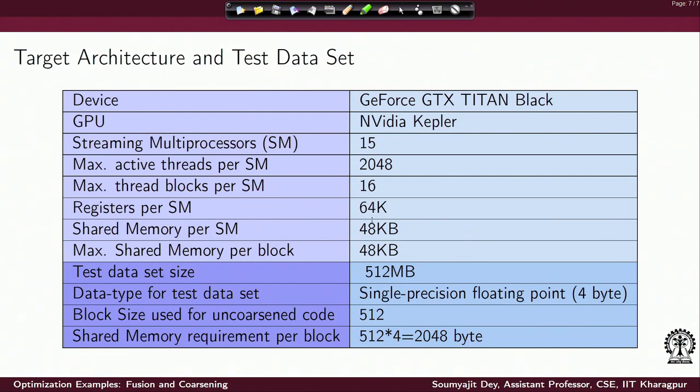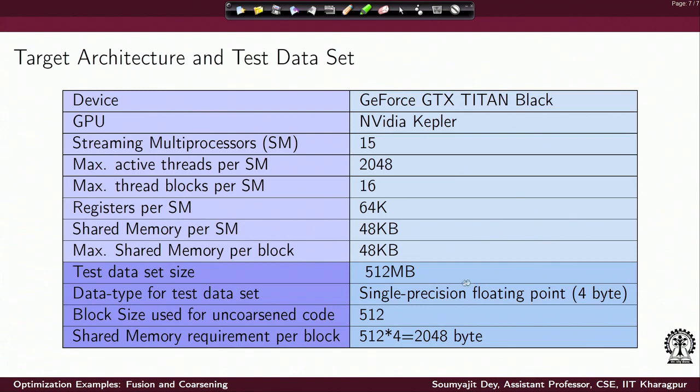The number of registers in the register file inside the SM is 64K, that's the file size, and shared memory is 48 KB, and the maximum shared memory allowable per block is also the same. So right, and the data set size for which the reduction has been performed is 512 megabytes, right? The data type is single precision floating point for the reduction kernel, so that's 4